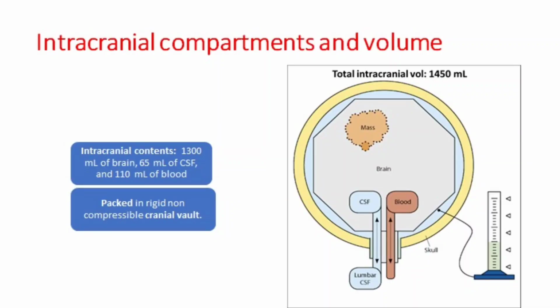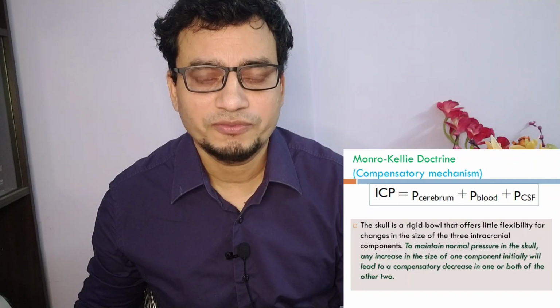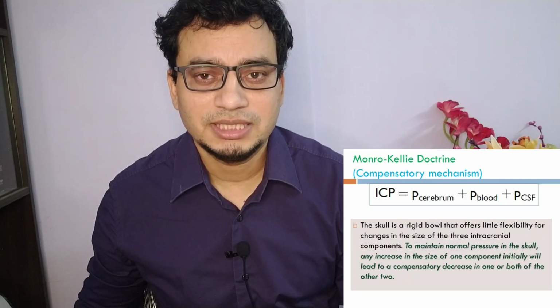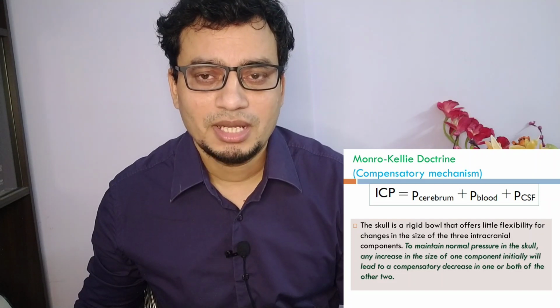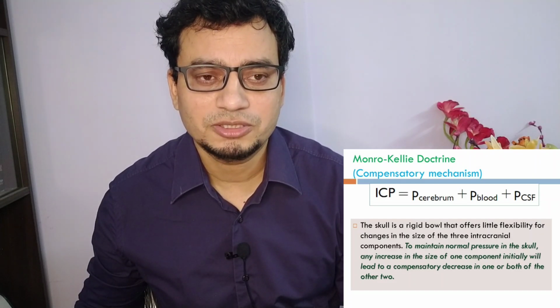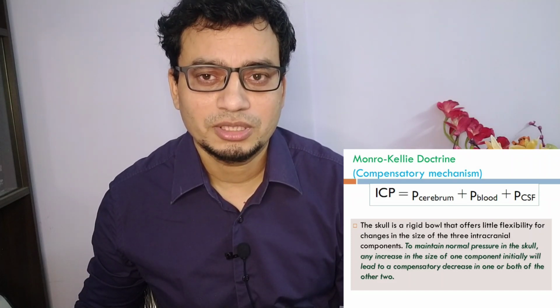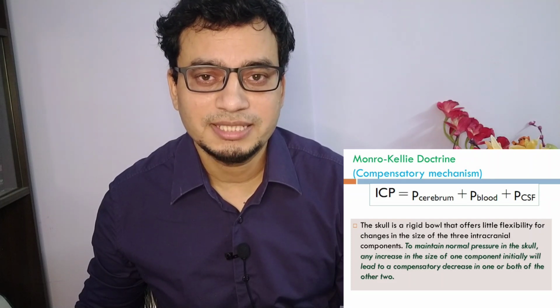Cranium is a rigid box, and there are three main components: brain, blood, and CSF, which occupy certain volumes inside the limit of the skull box. The Monro-Kellie hypothesis states that the sum of intracranial volumes of blood, brain, CSF, and other components is constant, and that an increase in any one of these must be offset by an equal decrease in another component, or else the pressure will increase. Therefore, high ICP can be due to an increase in the volume of brain tissue, blood, or CSF. Most often it is brain tissue because it occupies most of the volume inside the cranium.